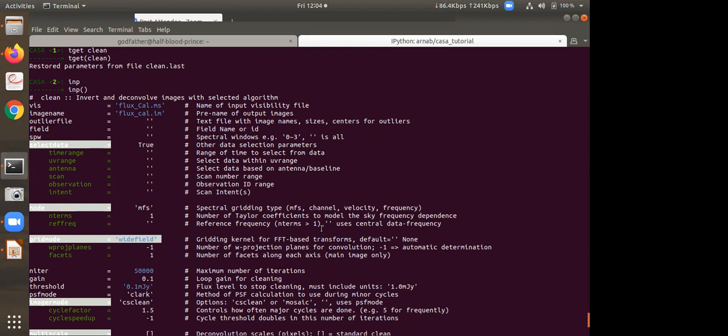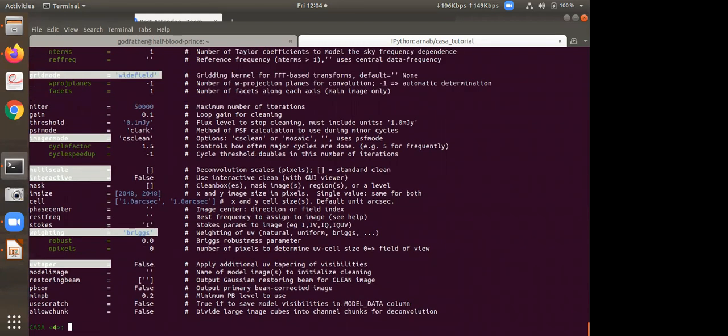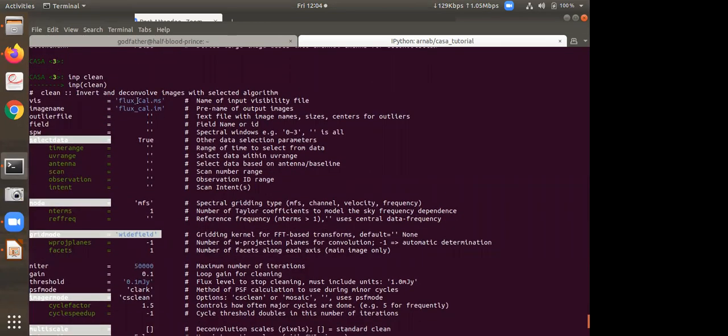So the first task, the name of the task, is clean. Okay, inp clean, enter. Here you can see that I have already stored the parameters so that it will not take much time.